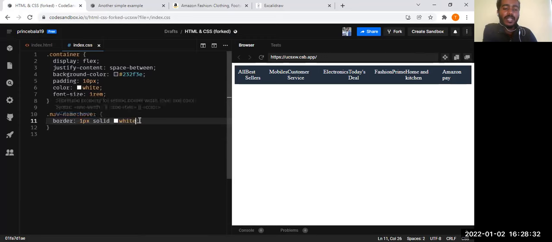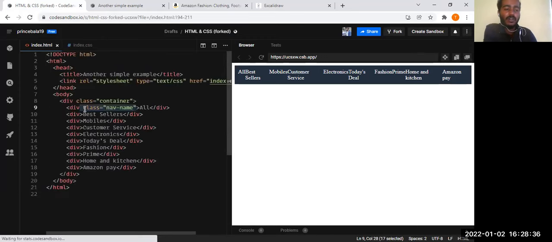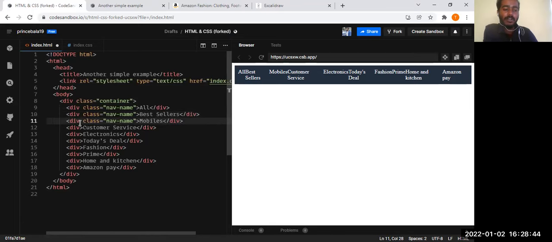Okay, fine. So we are getting that on hover, but we want this for all the divisions. So we are just going to use the same class name for all the divisions, the subdivisions, the child divisions, wherever we have created them, because we need that for all the divisions.